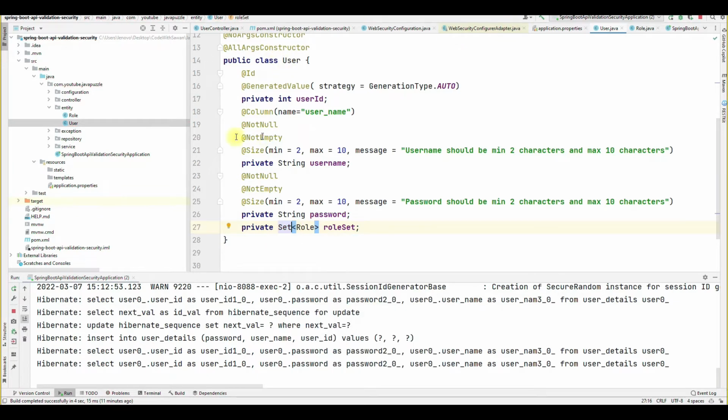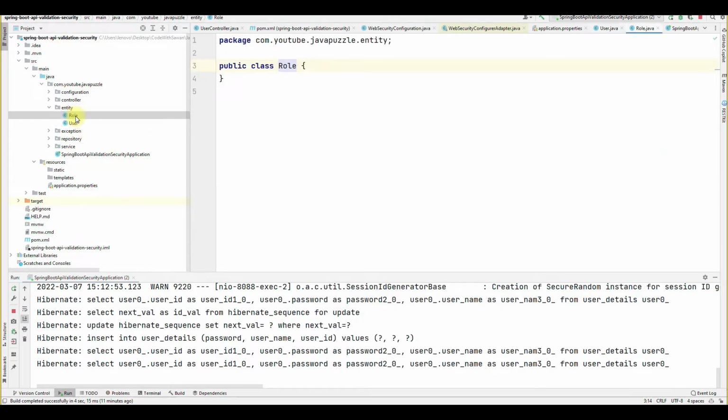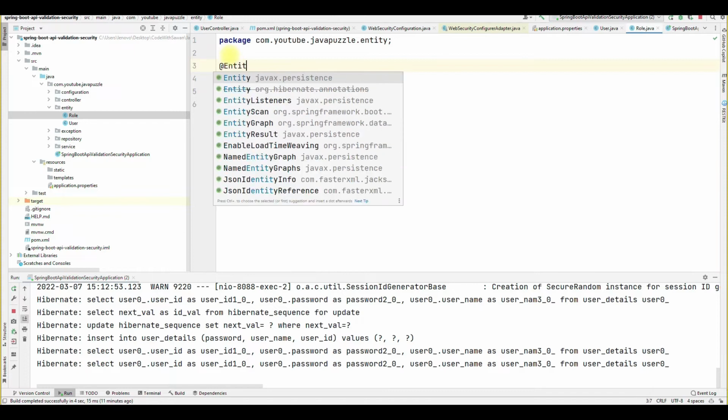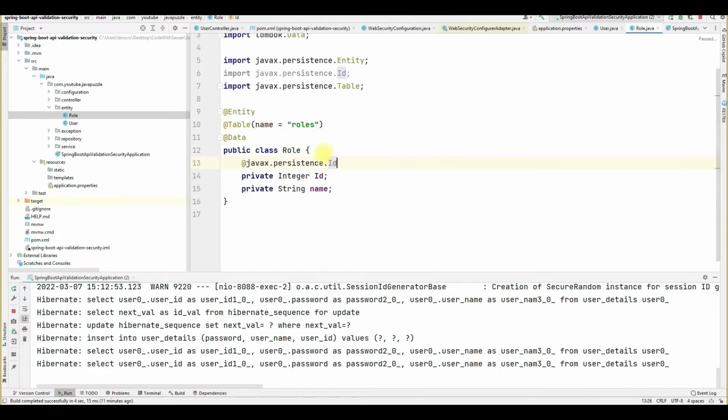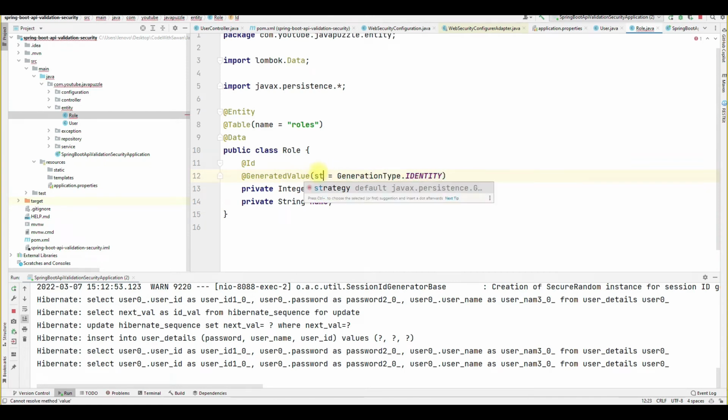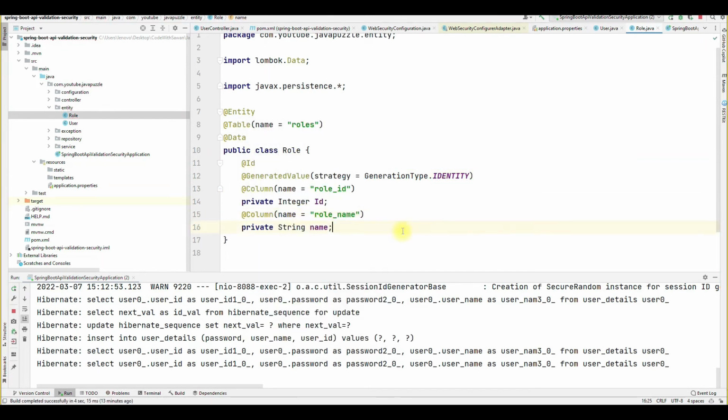Now inside the role, let me add the entity first. Now move to the user.